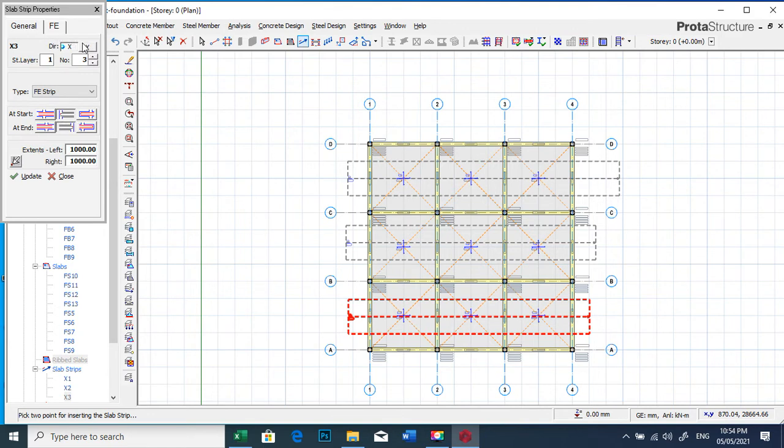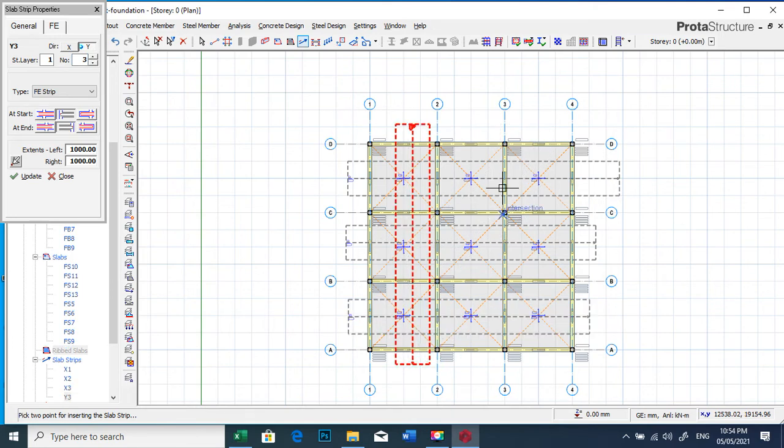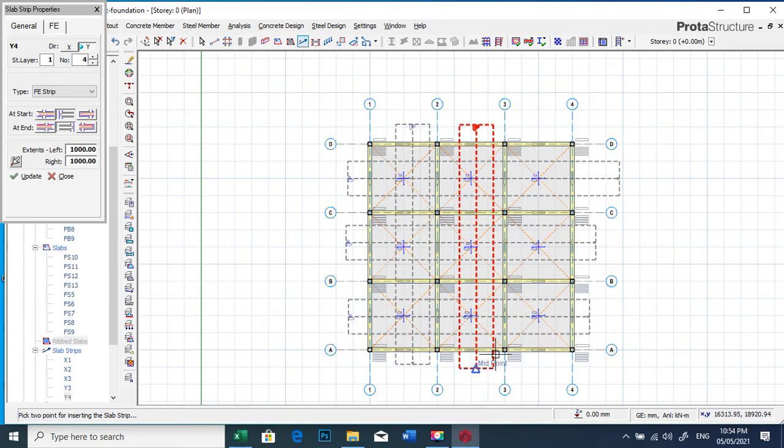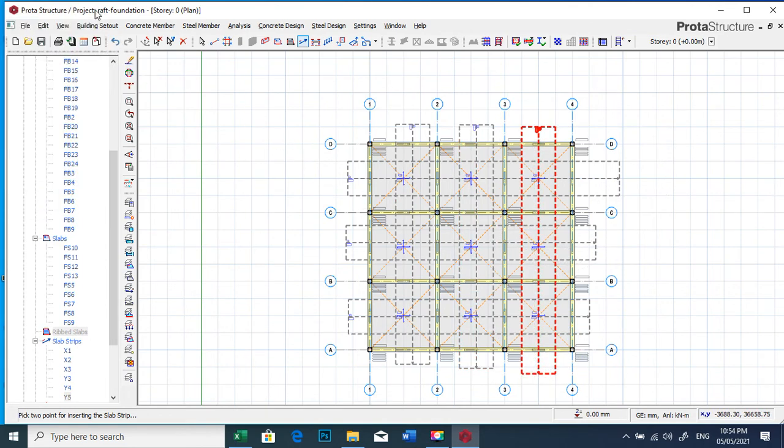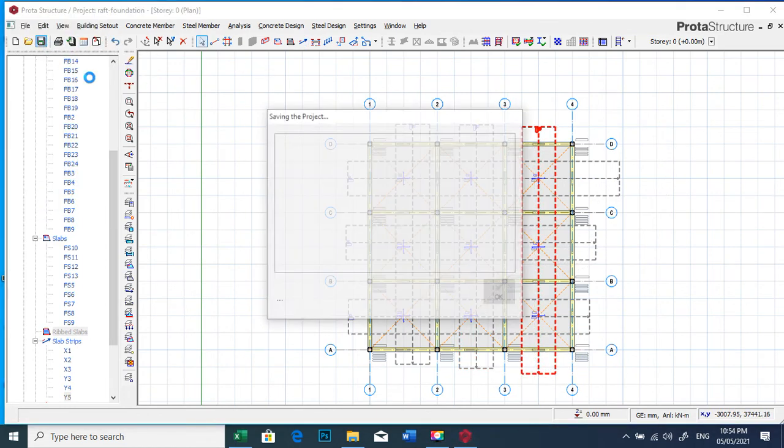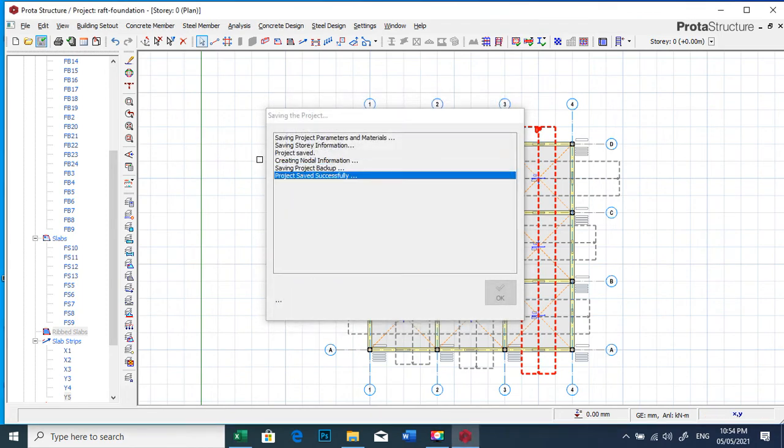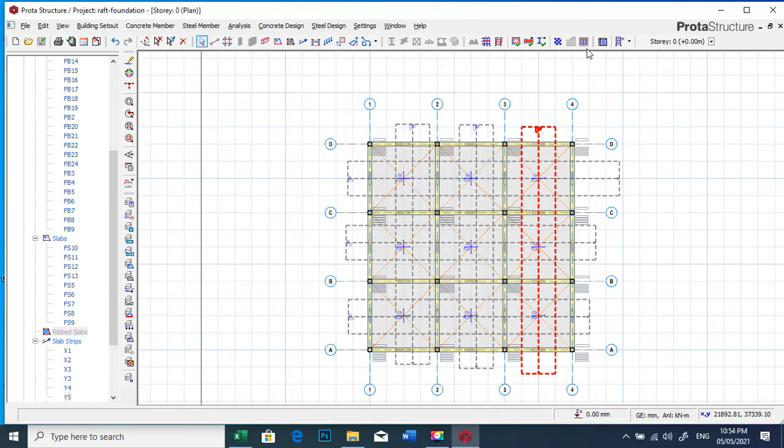So you go back, change it to y, and we cut through it here. Good. So once we've done this, we save our work again, and we come to this finite element raft foundation